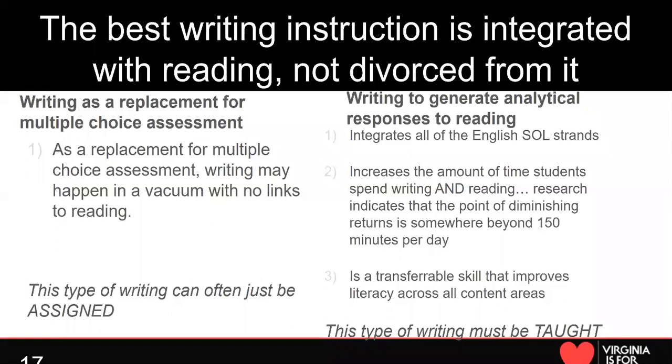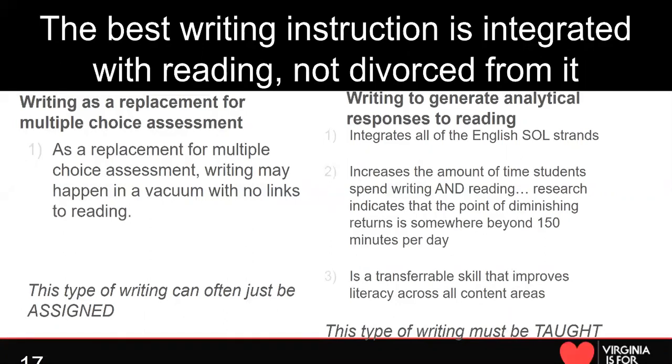I want you to respond to this prompt that's separate from anything else that we've been doing. And again, while it's important that that's writing and that's good, how often do we do that kind of writing in any sort of real world context or any sort of academic context? I would argue not often.